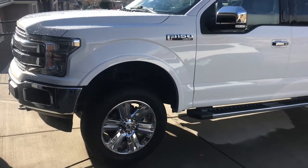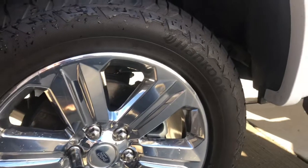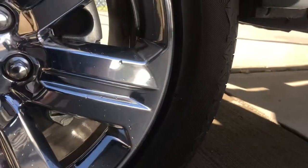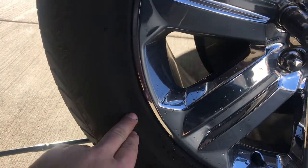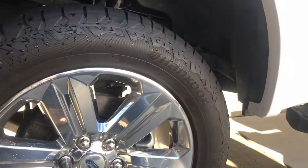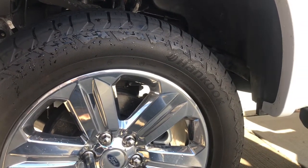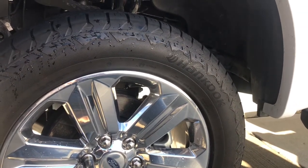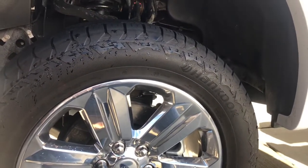The tire size I run in the summertime is a 285/60 R20, and the actual tire size that comes on these trucks is a 275/55 R20. So they're like a 31-inch tire, and mine are the 285/60 R20s. They are around 33.2 inches. And if you wanted the aggressive look, I have a 2-inch leveling kit, and